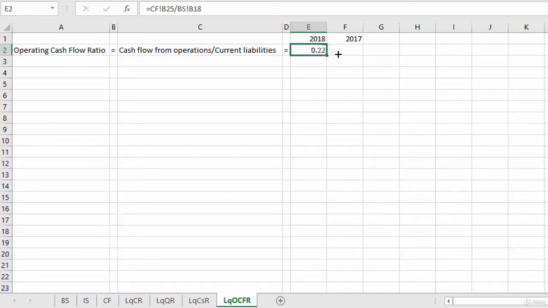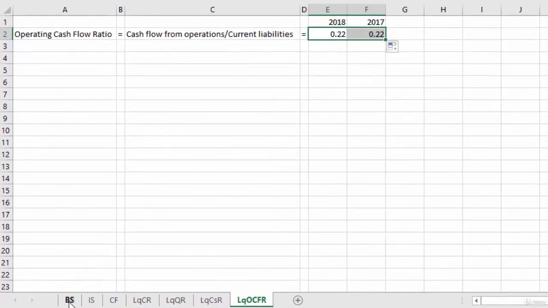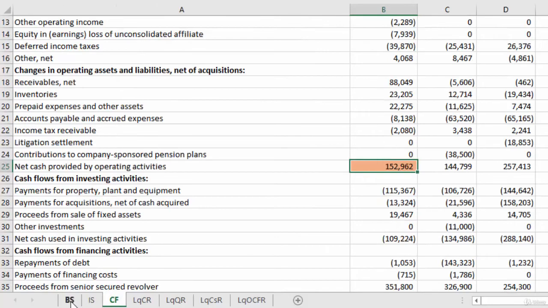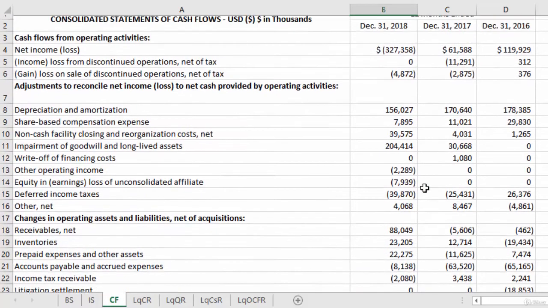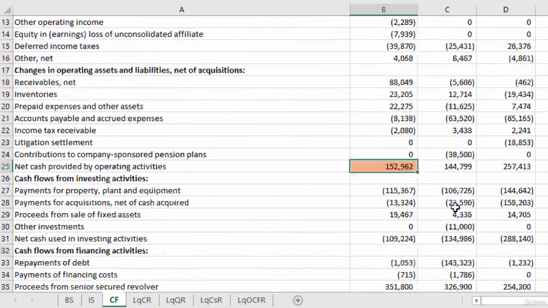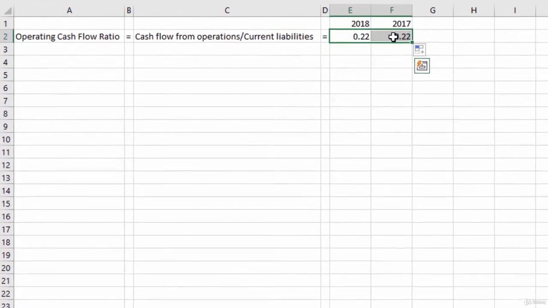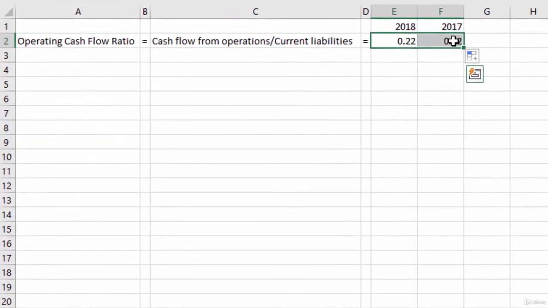If we just copy the formula to the adjacent cell, we get the ratio for the year 2017, because in both cases, in the balance sheet and in the cash flow statement, the amounts of the year 2017 are just in the adjacent cell. So if we copy the formula, we get the relative adjustment, our information is updated, and we get the operating cash flow ratio of the year